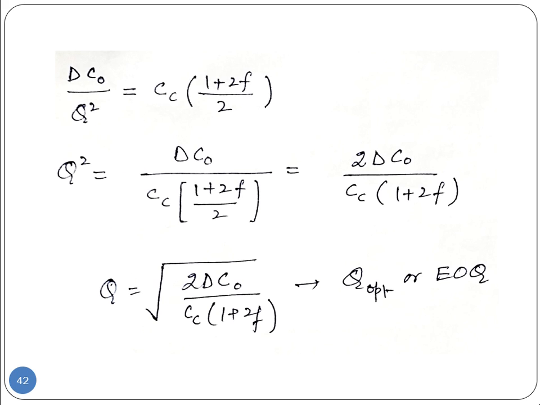quantity, best lot size we can say, or the optimum best or economic order quantity. So this is the formula for this. तो इसका मतलब क्या है कि अगर मैंने सेफ्टी स्टॉक आई एम गोइंग टू केप्ट, तो उस सेफ्टी स्टॉक के हिसाब से मुझे कितनी क्वांटिटी जो है in a lot I am going to order, number of units I am going to order in a lot, in an order we can say. तो ये फार्मूला जो है मॉडल 2 के अंदर आ गया अगर मैं सेफ्टी स्टॉक को मेंटेन कर रहा हूँ।